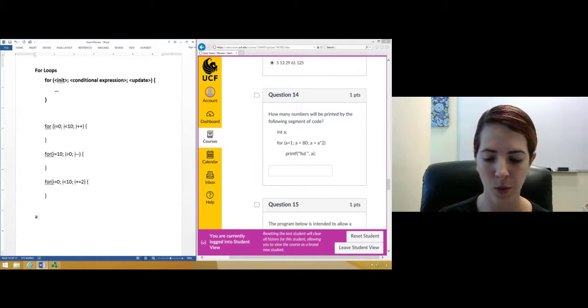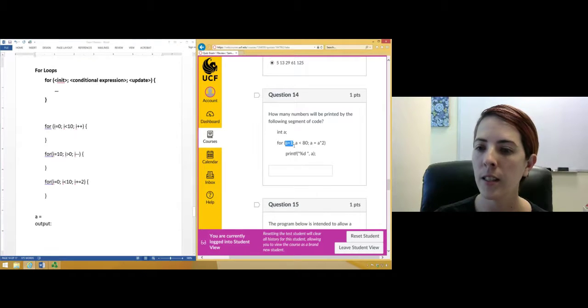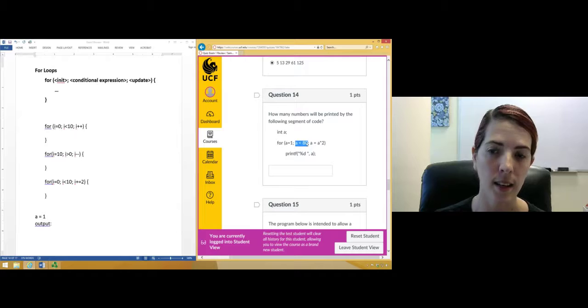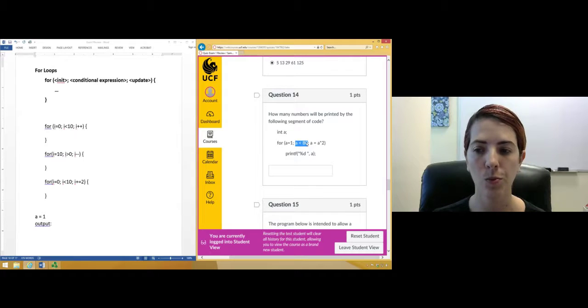So similar to before, I'm going to keep track of the value for a and the output that we see, the results of any printf statements. Now the initialization statement for a for loop says that a should start at 1. So we'll give a an initial value of 1. And as long as a is less than 80, we'll continue to print values out. So 1 is less than 80. That's true. So we go inside the for loop, and we're going to print